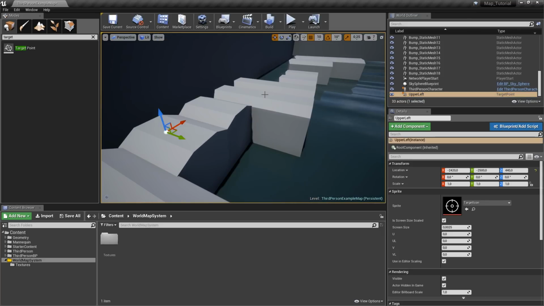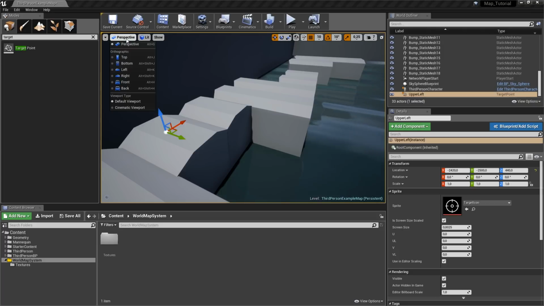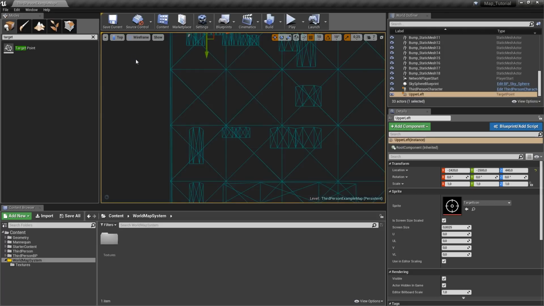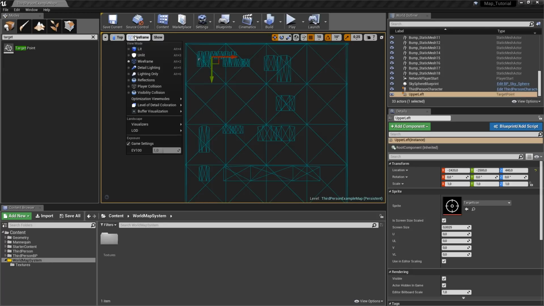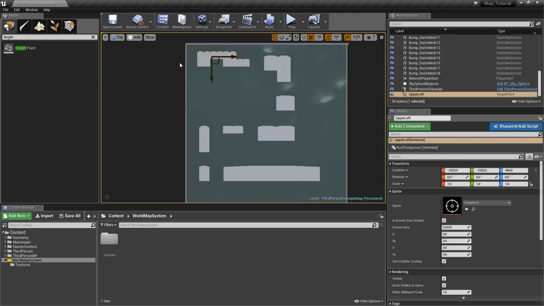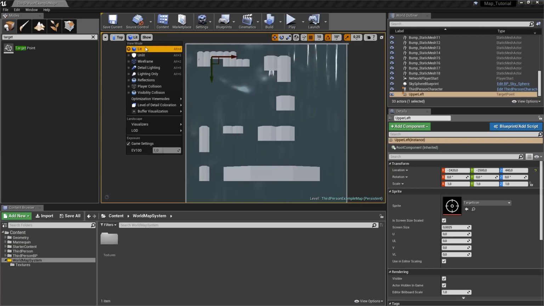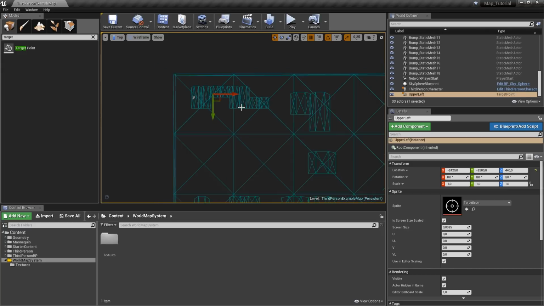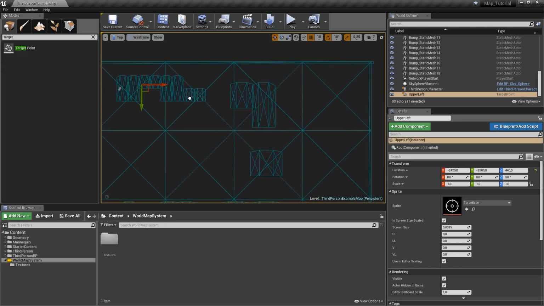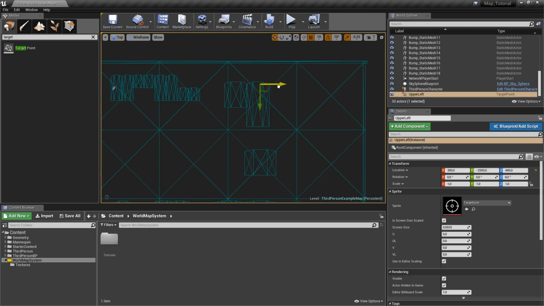In 3D, that could be a bit tricky. So here on the very left side of your viewport in the upper left corner, where it currently reads perspective, let's left click that and change it to top. So now you got a top-down view of your level in wireframe currently. You can also set that to unlit or lit, but wireframe will be fine for us. And now you can only move your target point in X and Y and no longer in Z, which is perfect for us. And it's very simple to just drag it over